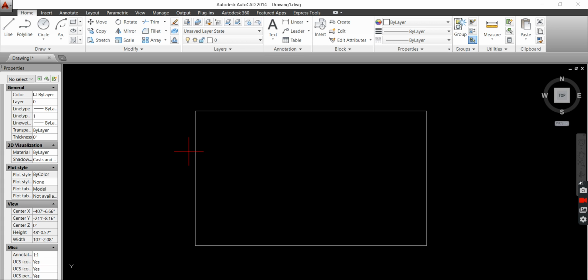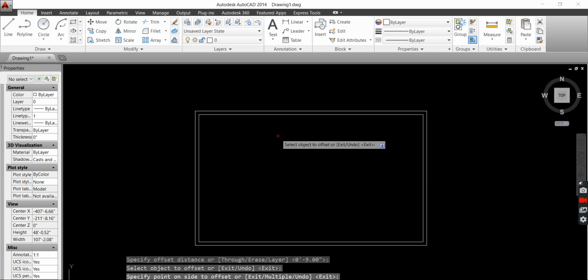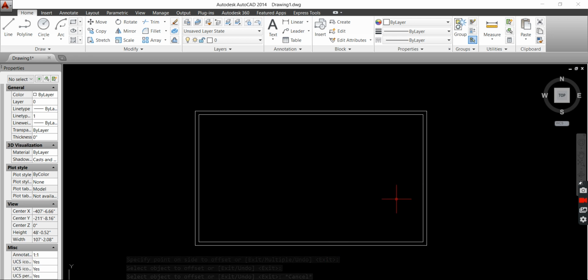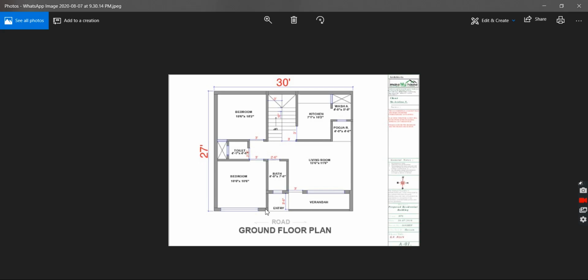So offset, no need to draw, and by offsets we got the outer thickness of the wall. Now we can go with drawing. If we see, there are many walls.